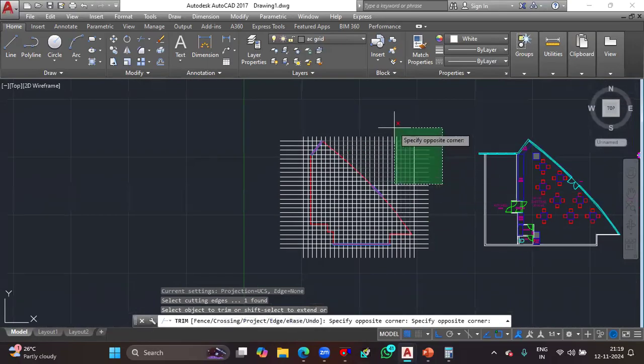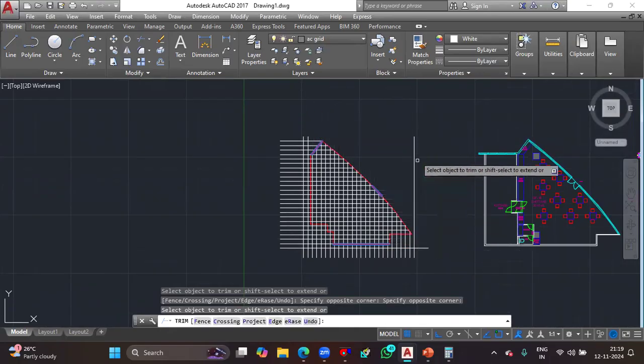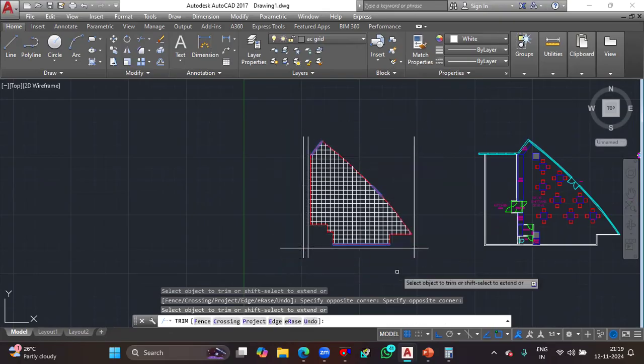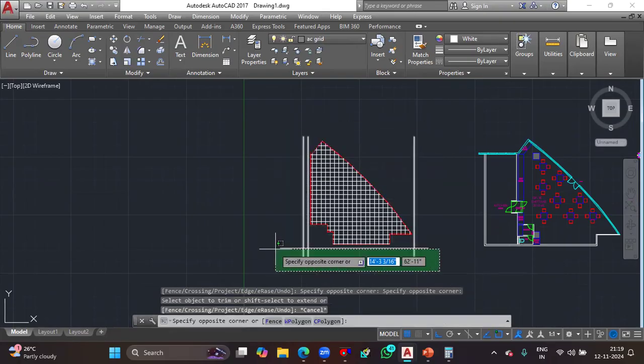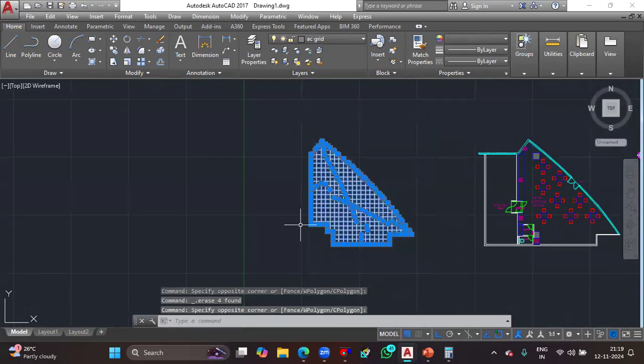Now we can see these things can be trimmed off like this. Okay. All right. Now just delete the unwanted lines and select this grid in its entirety and make